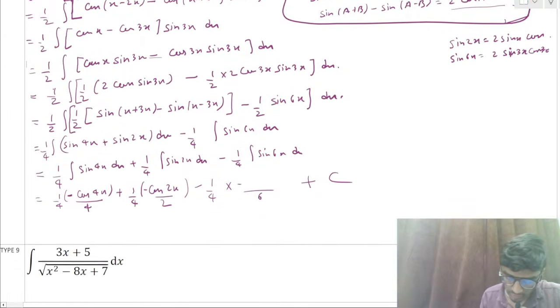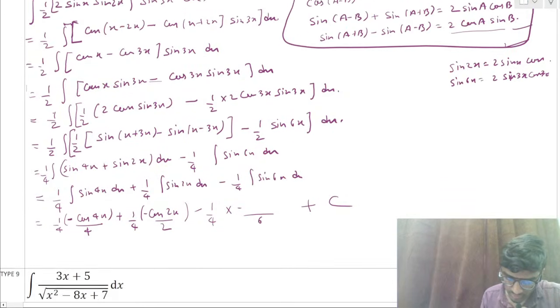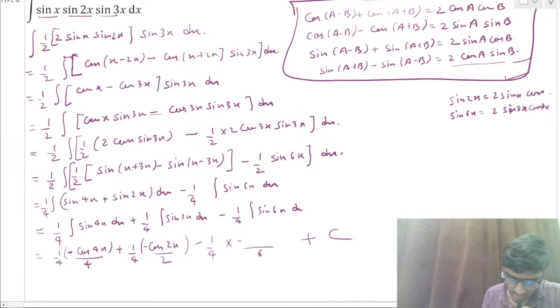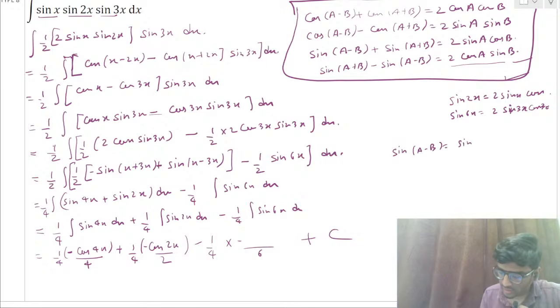So here, as you can see, there is a mistake. Here we can write sine of x plus 3x as minus of sine of x minus 3x, because when we expand this, sine of a minus b gives sin a cos b minus cos a sin b. So whenever we write this form, we are left with